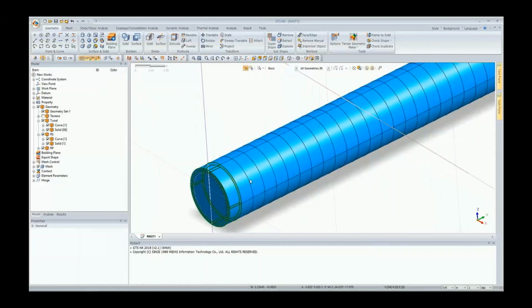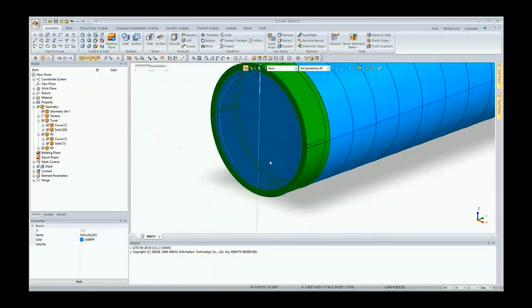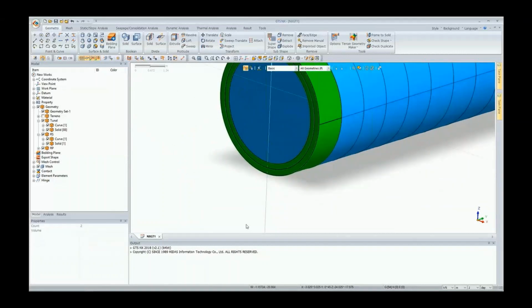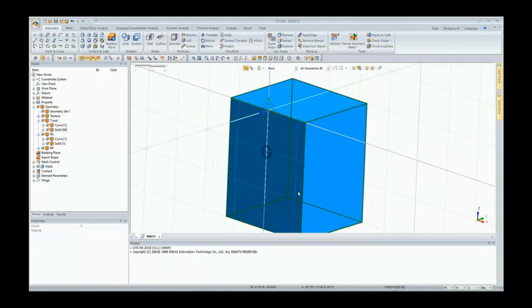And it's divided all three of the solids, the rings, as well as the inner tunnel. If I go back to my regular selection filter, I can individually click on that, and we see there that I have three solids for each section. So I turn the terrain back on,